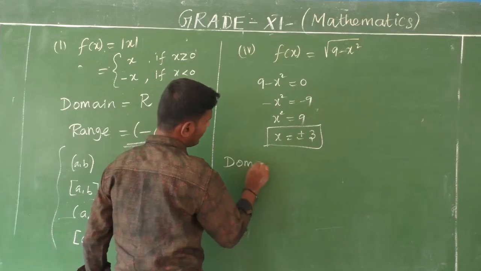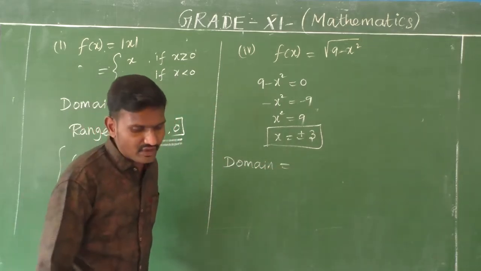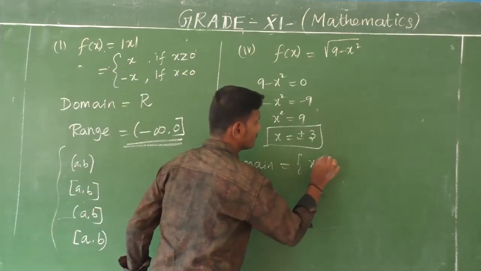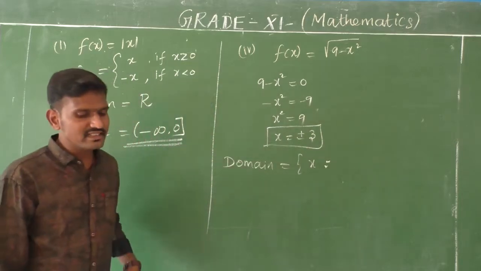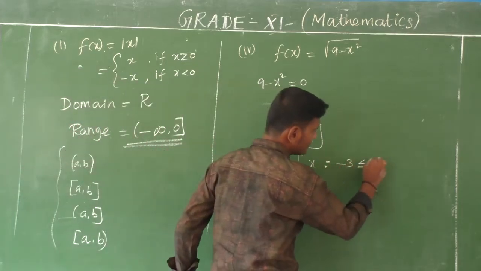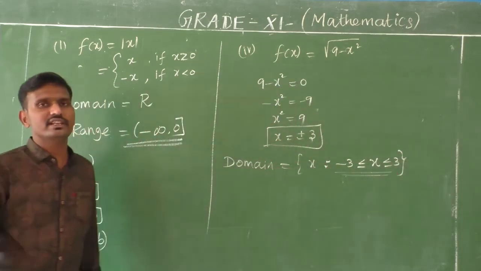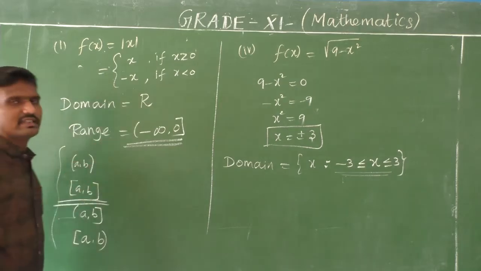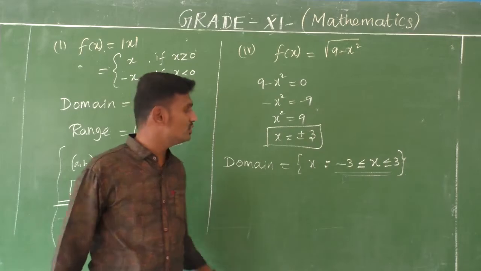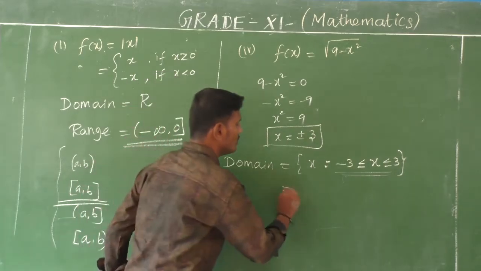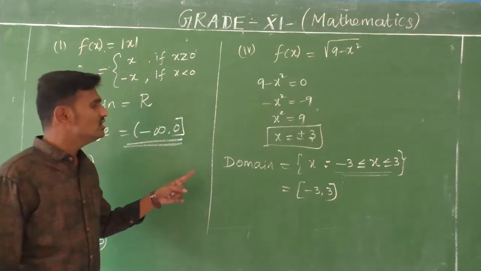Now I am taking the domain. Domain of f. So domain is equal to, as per the given function, we have to mention x such that. Do you know the meaning of that symbol? Such that. So x such that minus 3 is less than or equal to x is less than or equal to plus 3. So like this, what type of interval is this? Closed interval. So closed interval only we have of this type. Both are included. Okay. So minus 3 comma plus 3. So this is your domain. Based on this, I am taking the interval form minus 3 comma plus 3. Okay, so this is your domain.